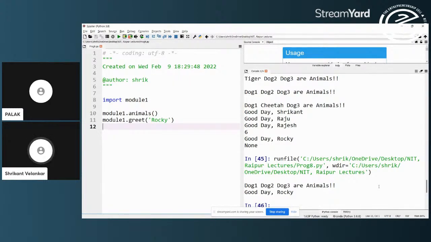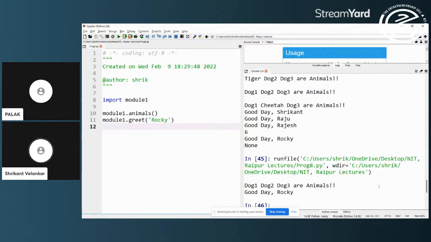Now, from the context of this particular program, module 1 is the dependency of my program. Okay, so prog 8 is dependent on module 1. It cannot execute without module 1.